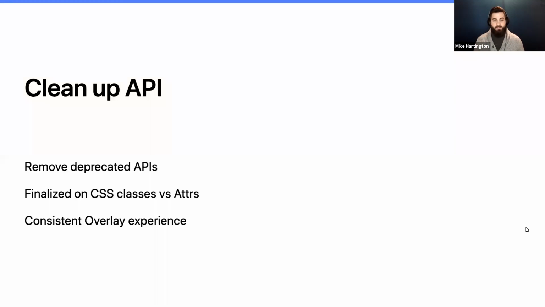So we ended up removing the attribute support in V5. But before we even did that, we knew that we wanted to remove them. So we have a bunch of deprecation warnings that were already being printed out into your browser console since early releases of 4.6 and 4.7. So these are not anything that came out of nowhere. These are warnings that we had fully intended on doing in super early releases. So we removed those CSS attributes, solidified on CSS classes, and now have a consistent experience across iOS, across Angular,